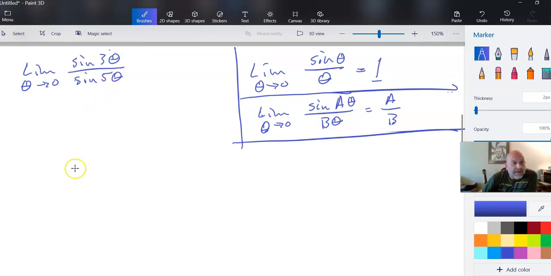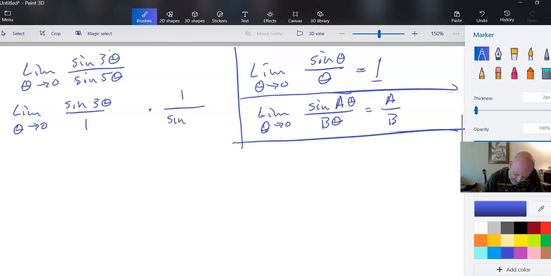Well, that's kind of interesting, isn't it? It's good, clean fun. These are the types of things where sometimes you have to poke around a little bit to get them to do what you want. But I have some tricks in mind. Okay, so here's how we're going to get a hold of this thing. We're going to start by separating these. This is now the limit as theta approaches 0 of sine 3 theta, and I'm going to put it over 1, and I'm putting some space on purpose here,